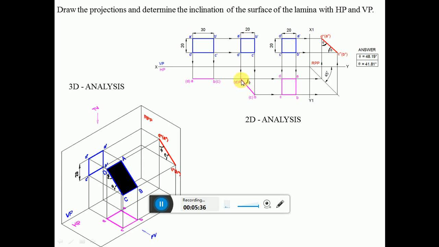Since it is perpendicular to HP, you are getting a line here, but you have the surface here with respect to VP. But you know the inclination with respect to VP here, but still we have not seen the inclination with respect to HP. So when you are going to get the surface inclination with respect to both HP and VP, it must be perpendicular to the profile plane. So when it has to be perpendicular to the profile plane, we have to rotate the front view of this rotated position, that is A dash B dash, which has become 20 mm square. You rotate this by an angle of 90 degrees.